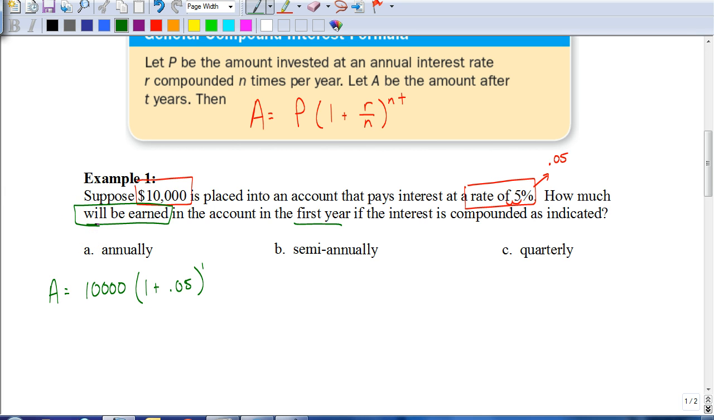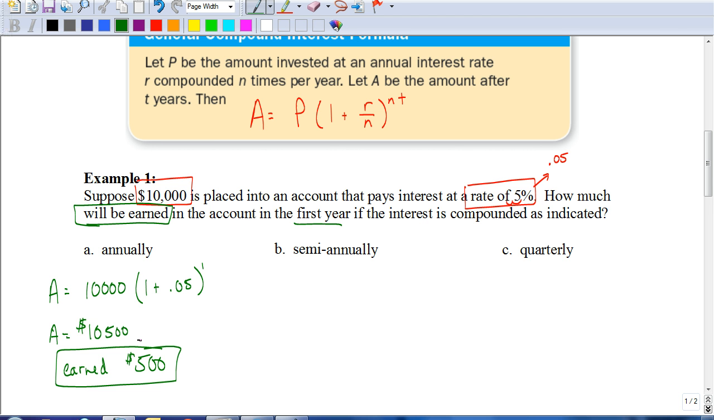They want to know how much will be earned. The total amount in my account would be $10,500. That means that I earned $500. That's my answer. I want to be very careful with that, because if you say 10,500, you're saying that